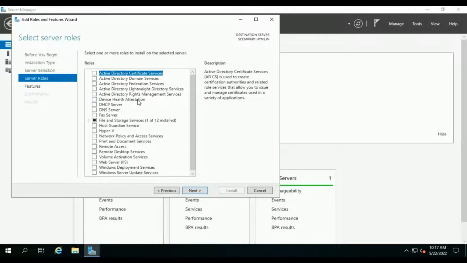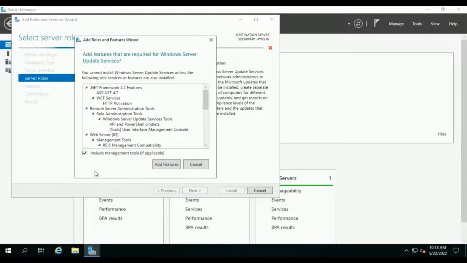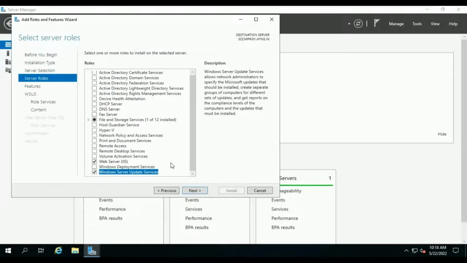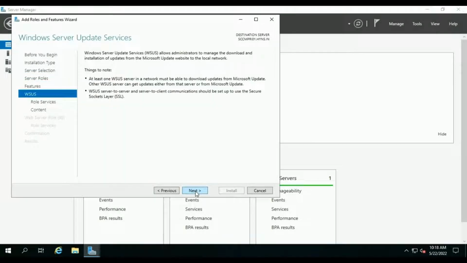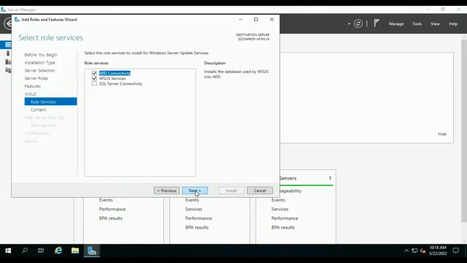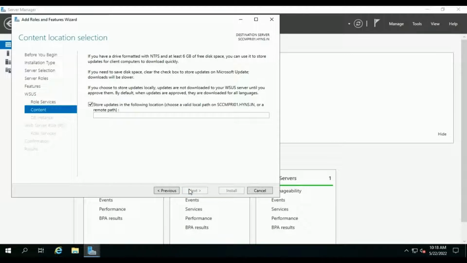Select Windows Server Update Services from Server Roles, add features, and then Next. Click on Next. On the Role Services tab, we will choose SQL Server Connectivity instead of Windows Internal Database Connectivity to store our WSUS database. Next.